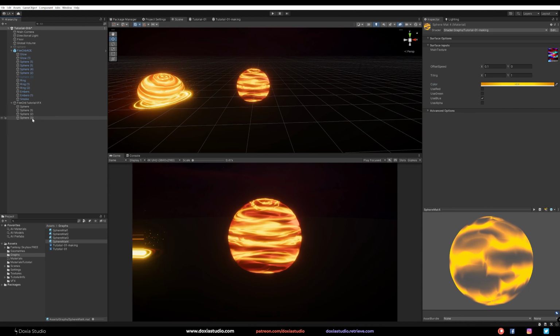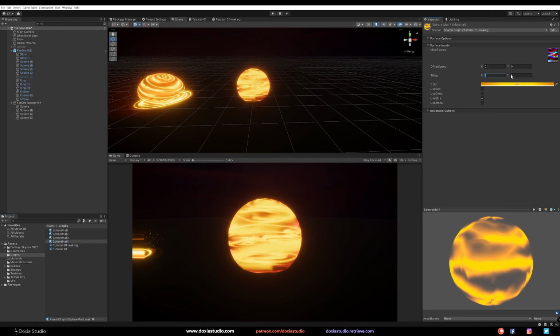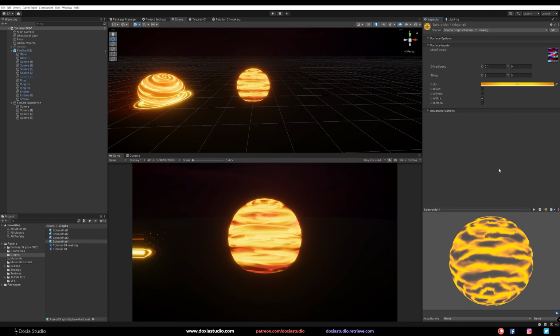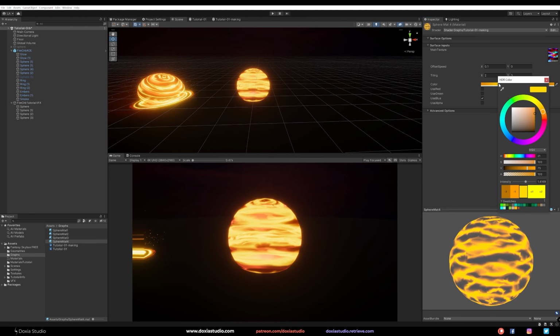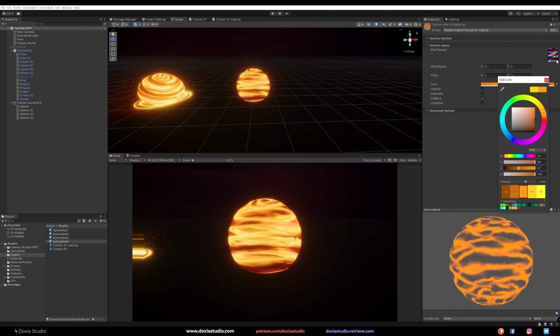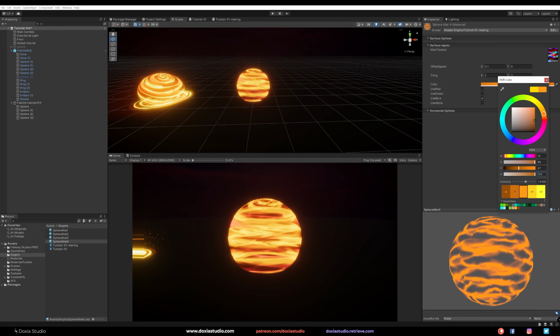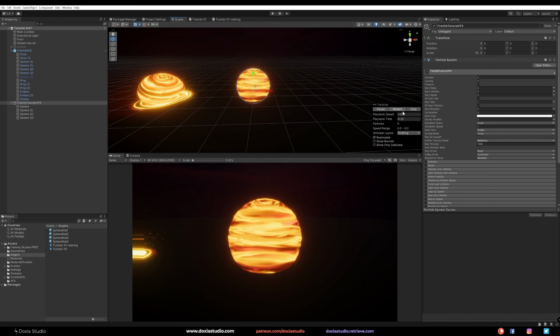Let's drag this to sphere 3, press restart so we can see it there. And right now I can see the tiling is way too big, so let's go with something like that. Okay, that's pretty cool. Maybe not that much. Okay, but I think that's pretty cool, right?